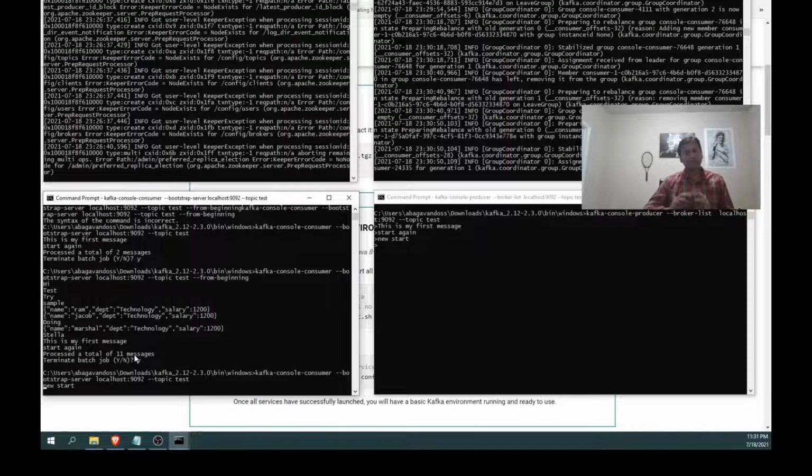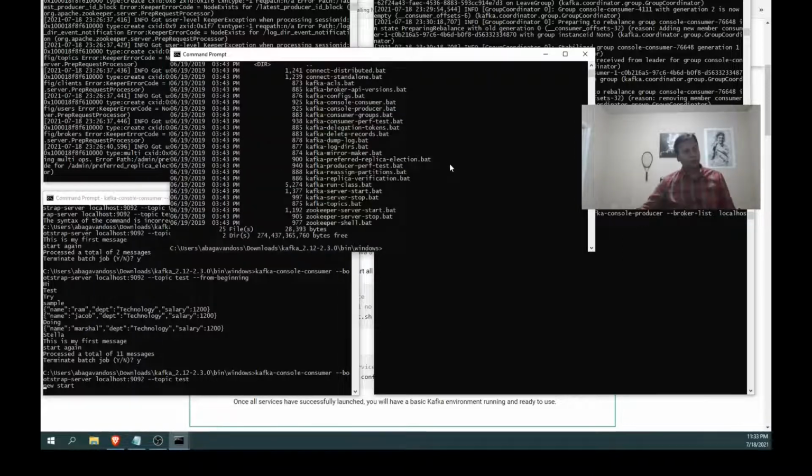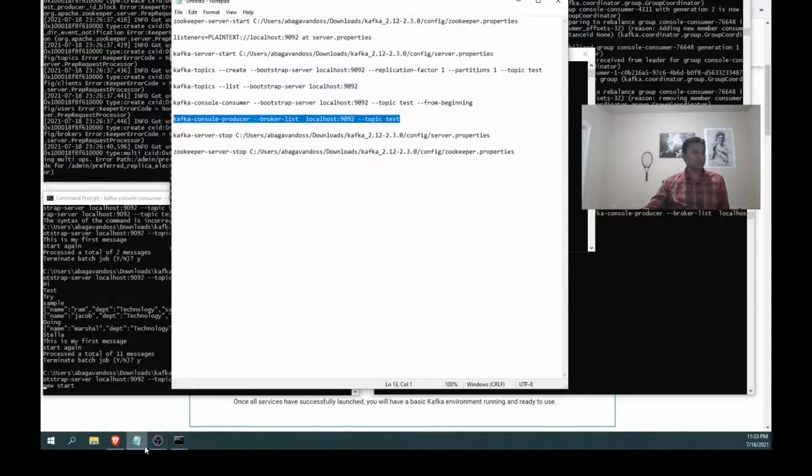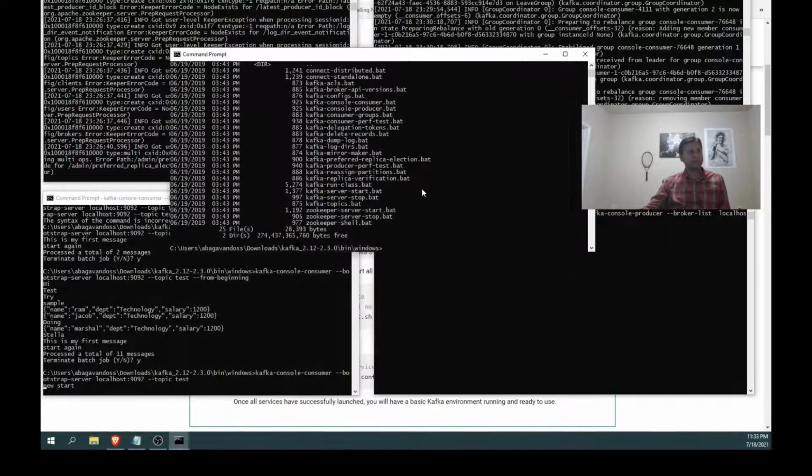So we have seen this real demo on the command line. Now we are going to see how to stop Kafka, Zookeeper and the Kafka server, because we should not close them abruptly. Otherwise, the next time we try to start, we will have issues and need to go and clear the logs and all those things. So we need to exit properly.